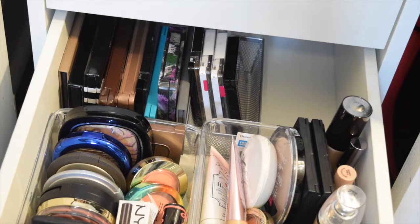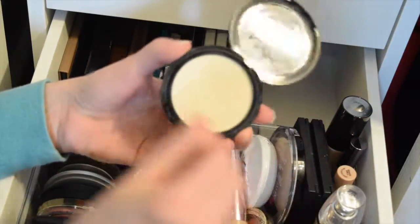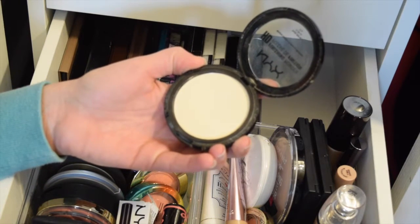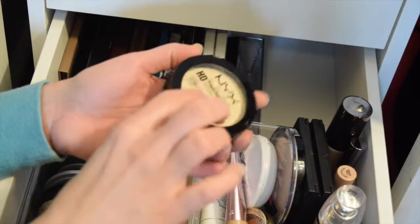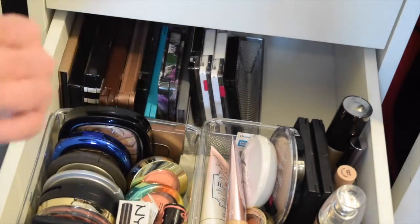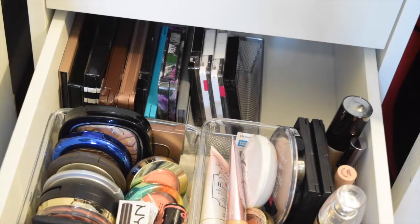And then as far as setting powder, I have been really enjoying the NYX finishing powder in Banana. It's really nice, and I've been using the e.l.f. concealer brush with it. I don't like that concealer brush with cream products, but I love it for powder products. So I'm going to keep pulling that, and that's kind of like a project to use up right now for me. It's not in a project pan or anything, but I am focusing on using that and getting it out